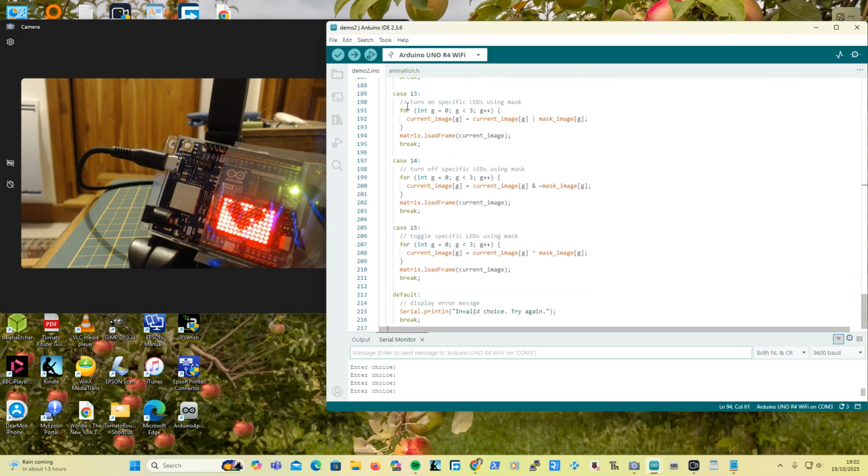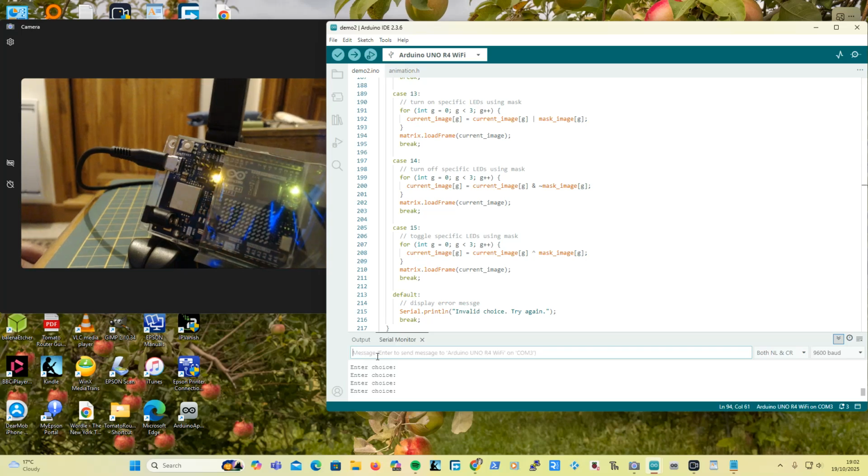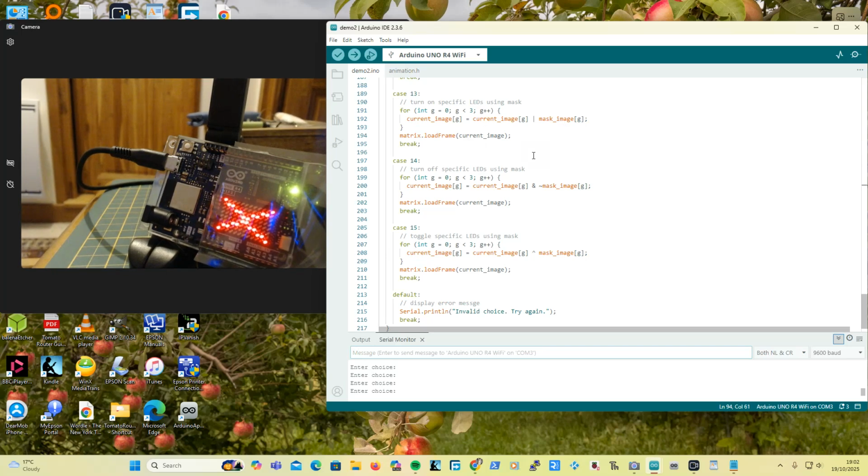Right, here you can turn on specific LEDs using the mask, so it's easiest to show when there isn't anything there yet. So if I go 3, which clears everything, right, then if I go on 13, which is using my mask, that is what my mask looks like. And what that does, it turns on everything using that mask. So again, you're going through the first group of 32, the second group of 32, and the third group of 32,